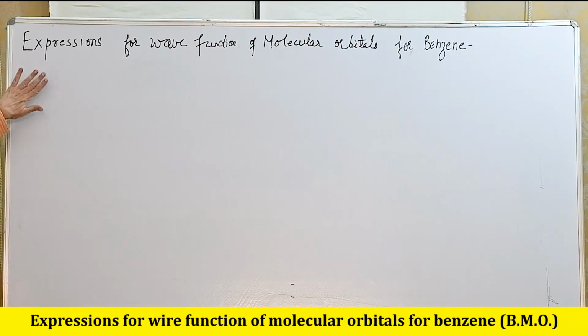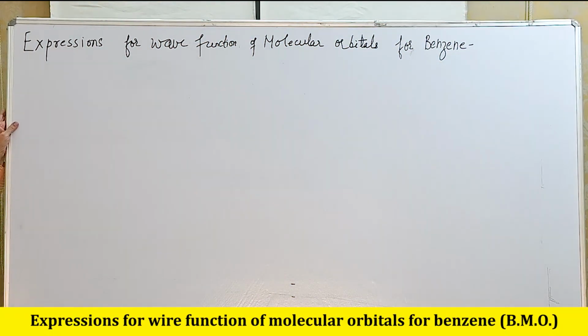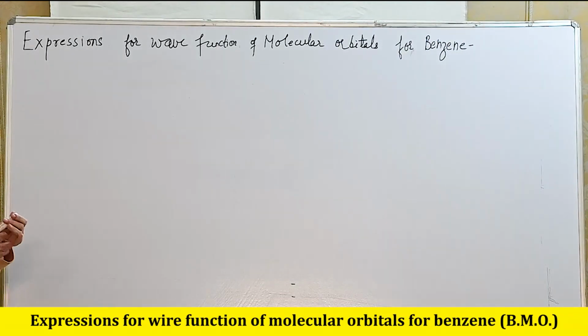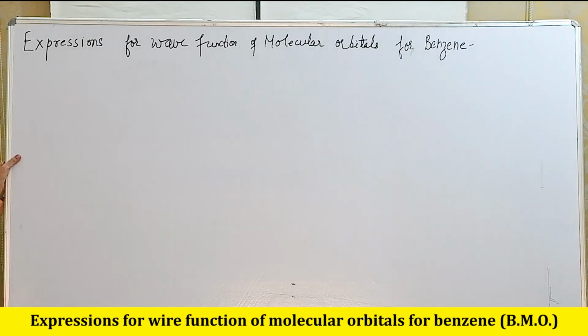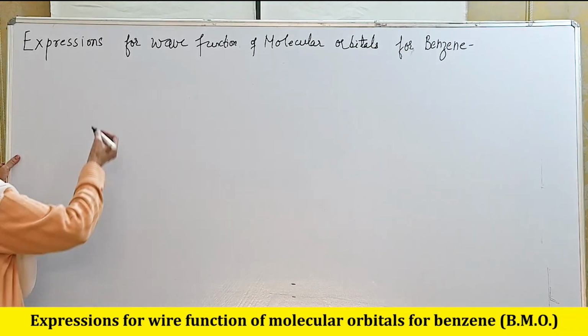As we know that by using variation principle, we get homogeneous and simultaneous equations, and similarly for benzene we get those homogeneous and simultaneous equations, and those equations can be written in matrix form as